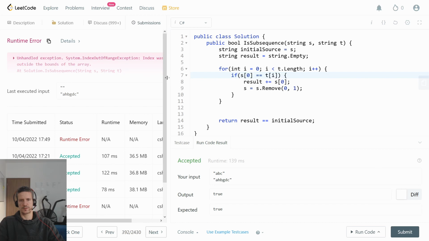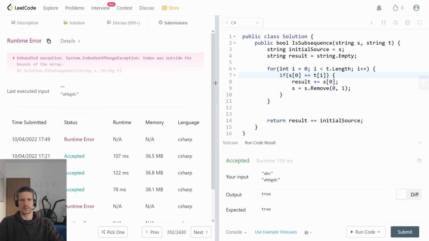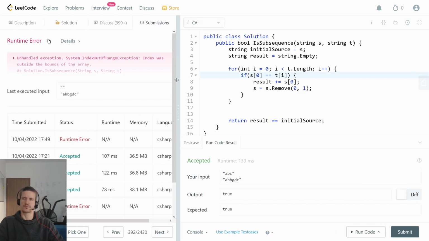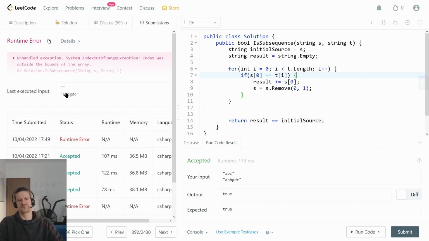Index was outside the bounds of the array. I have seen this error before. The problem here is that you can have the scenario that the source string is literally empty. Like S can come empty from the data input from the test, and then you cannot just do, hey, S of 0. Who is S of 0 in an empty string? So if S